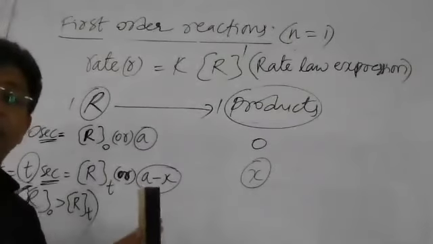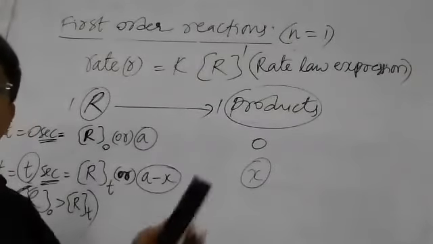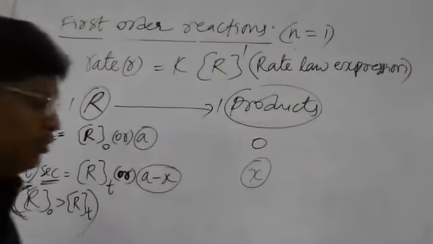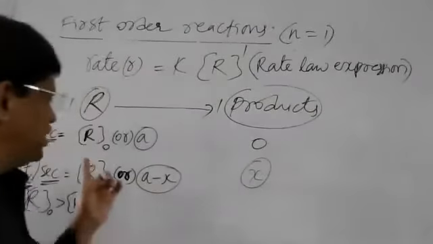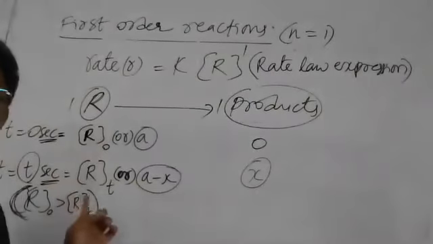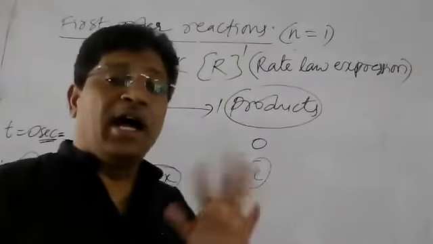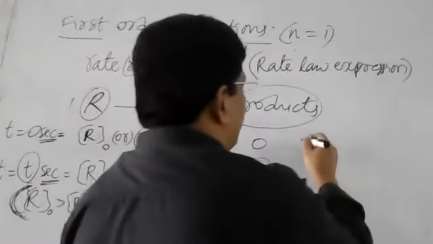Different types of equations based on the first order we are going to discuss later. That point we will discuss later. And one point I will introduce to you. Now suppose your time is initially 0 and t is the time after t time. Okay. Now t half will be there. Half-life.